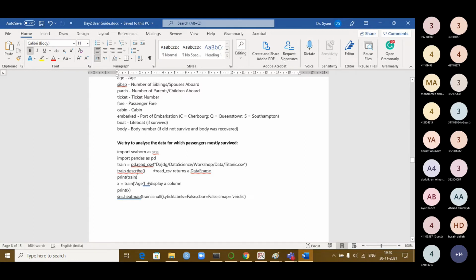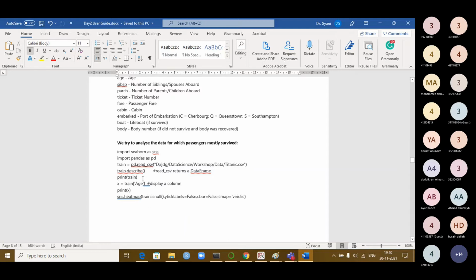Then train.describe. I'm trying to describe the structure, to roughly know the nature of the data. Always try to do describe and info. These two functions you have to apply whenever you download a dataset. Then another one, isnull on each column. Isnull tells how many False and how many True you have. Whenever there is True, you need to replace with the values.